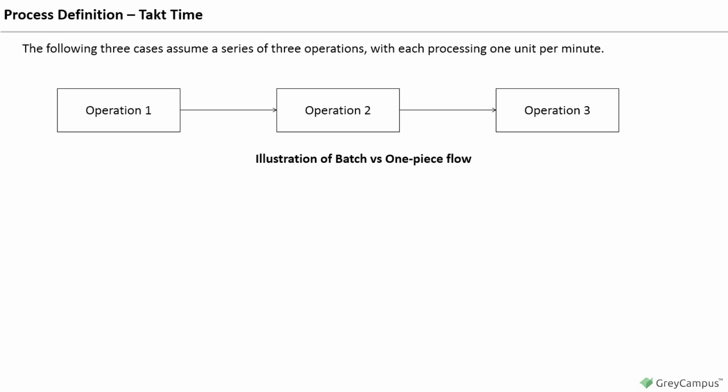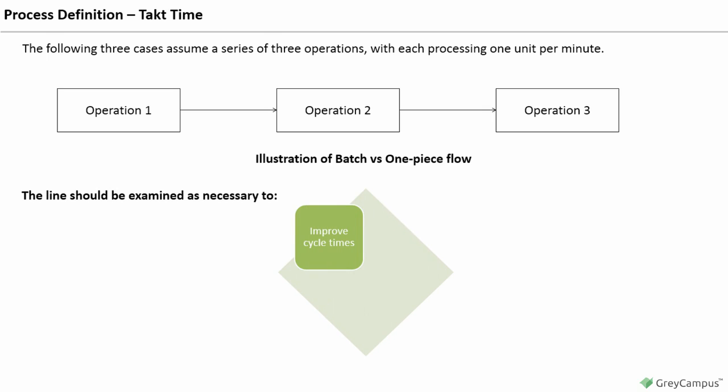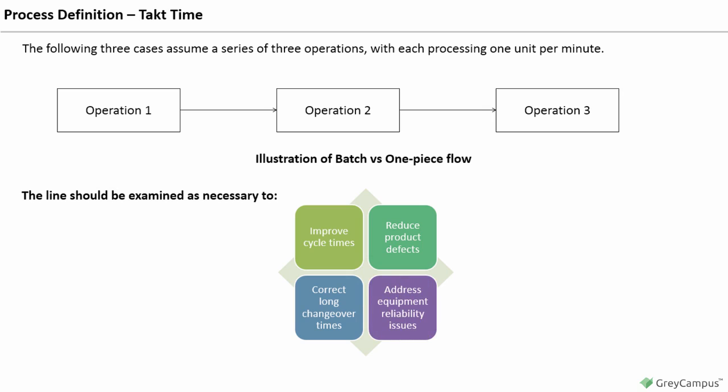The layout of the line or cell is a starting point. The line should be examined as necessary to improve cycle times, reduce product defects, correct long changeover times, address equipment reliability issues,